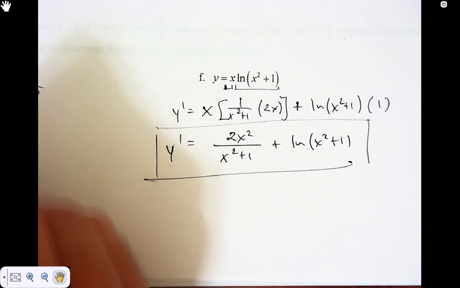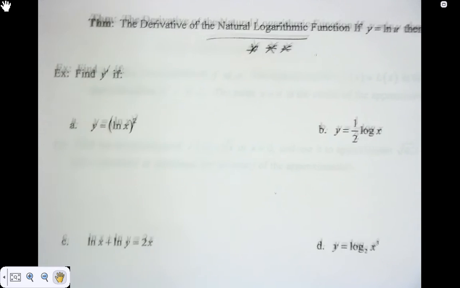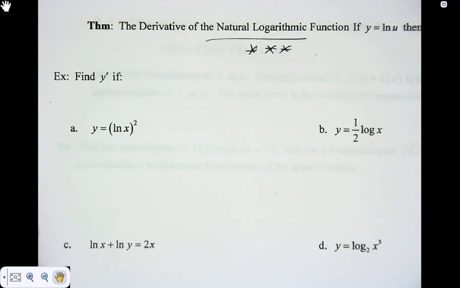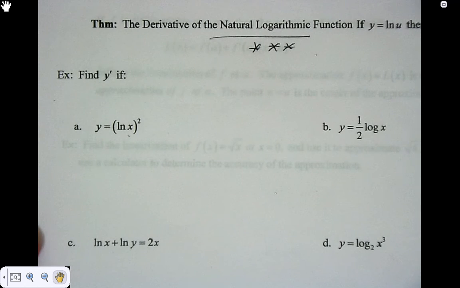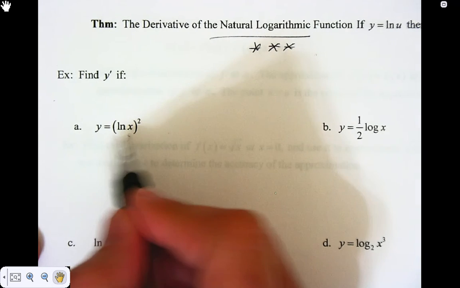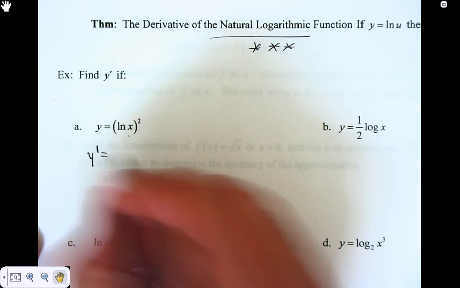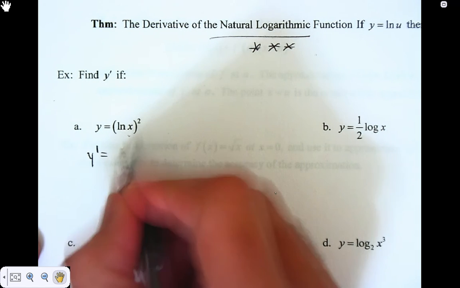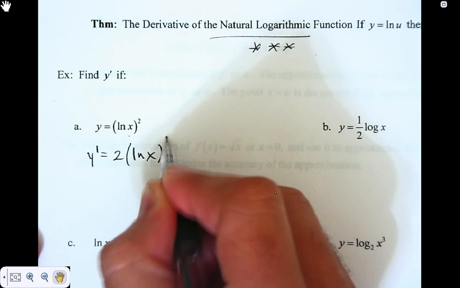Okay, and so here we've got this answer, we've got that one. So let's come back up here and let's do maybe A. So A is saying, well, I've got y equals ln of x squared. We're going to do the power rule. This involves the power rule and the chain rule, right? And the ability to take the derivative of natural logs. So y prime, let's use our simple power rule, which says, bring the 2 down in front times that complicated function to 1 smaller,